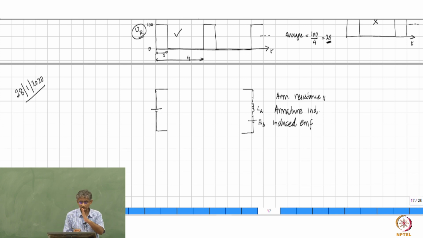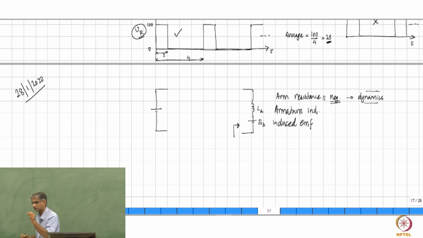Therefore, as far as the motor is concerned, seen from the outside of the motor, it looks like an inductance in series with a source. Now I am saying armature resistance is neglected for the purpose of looking at the dynamics of the motor, not for the purpose of, you say V is equal to RA into I plus K into omega, that is the steady state expression. There you cannot neglect armature resistance and say that V is equal to K into omega, right? So one needs to understand where to make what approximation.